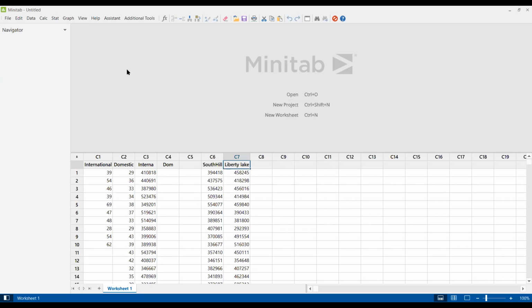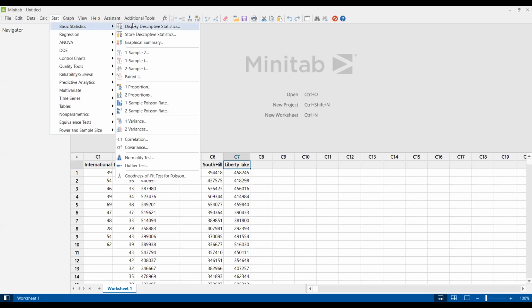Now, what do I do? So I go under statistics. Under statistics, we have basic statistics. Under basic statistics, we have 2 sample T, and we don't have Z test here. We have directly 2 sample T test and paired T test. When do we use 2 sample T test? When we have